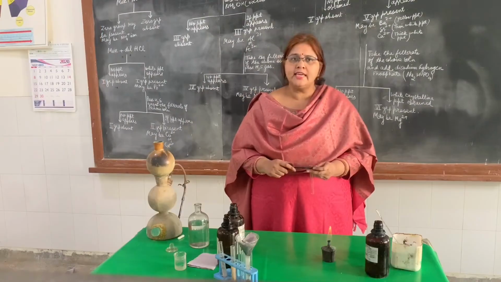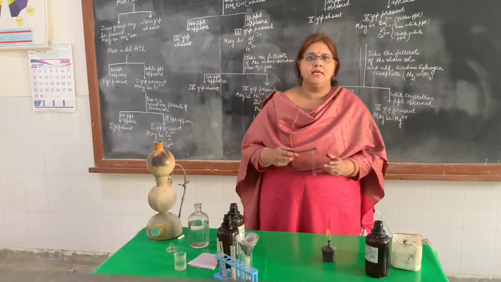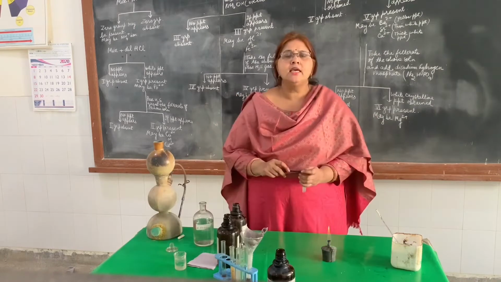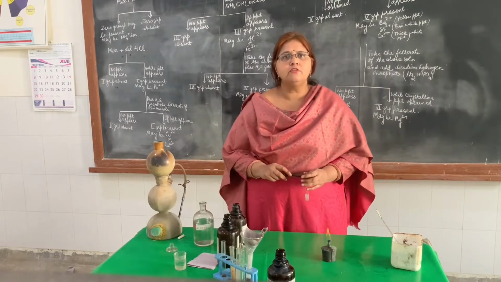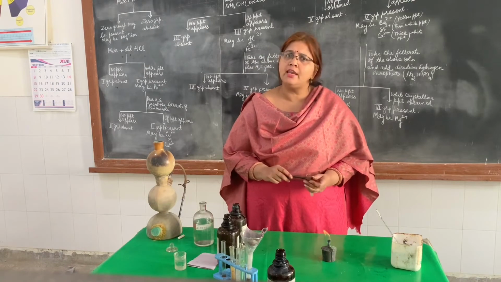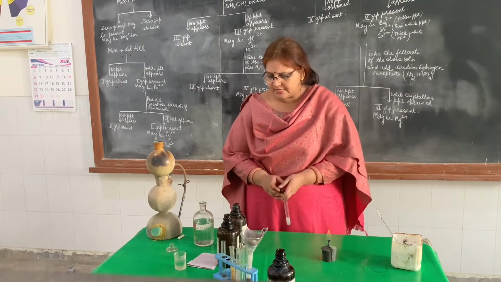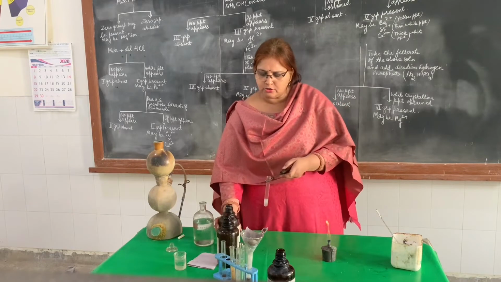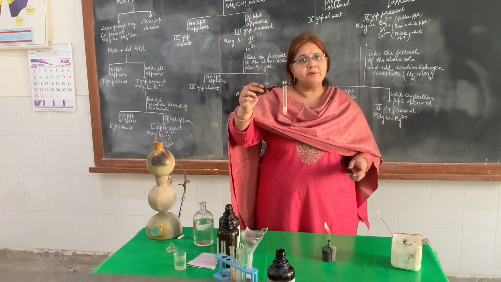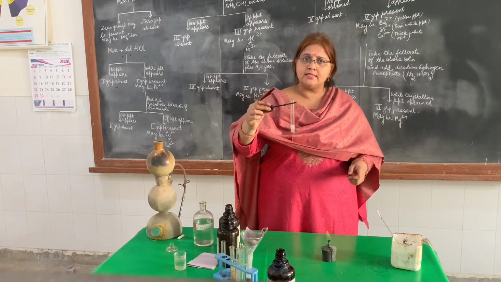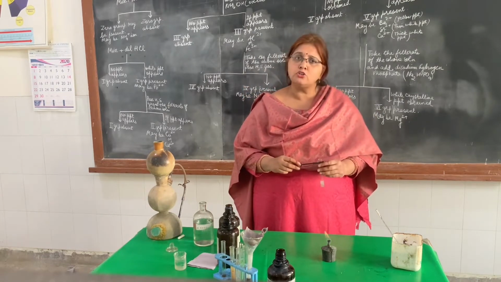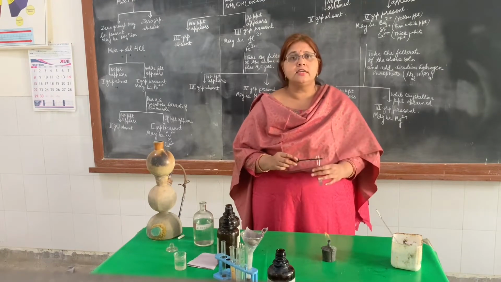We will take the precipitate of zinc in another test tube. I have already filtered it off. In another test tube, dissolve it in dilute HCl. Then add a minimum amount of NaOH to it. As soon as the minimum amount of NaOH is added, we will see the precipitate reappears in this case. If we add NaOH in excess, then this precipitate will dissolve inside the test tube only, and we